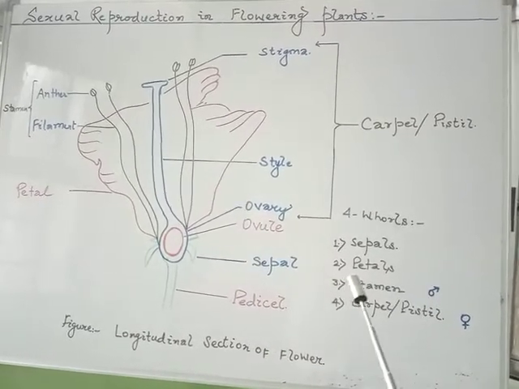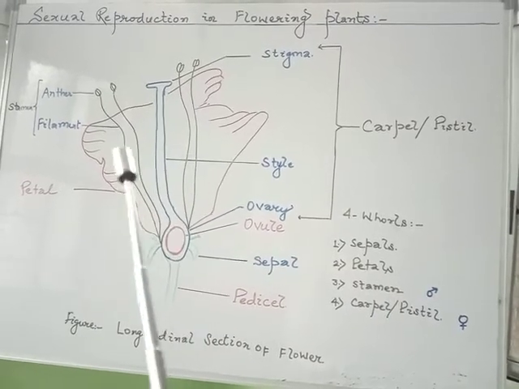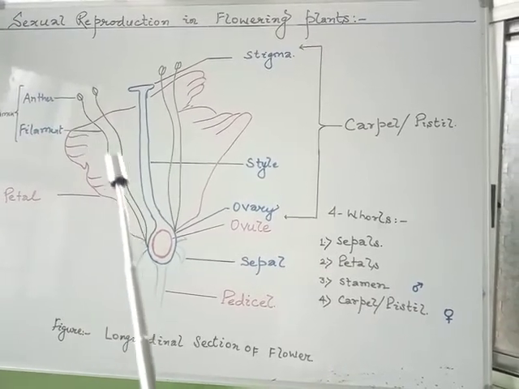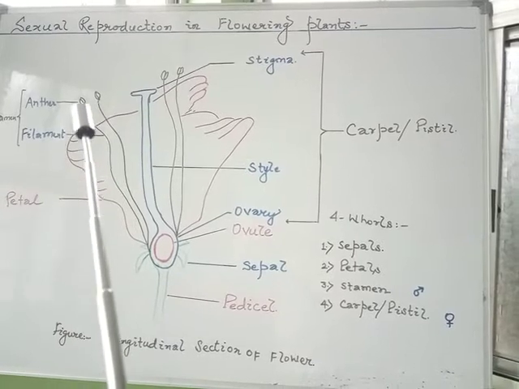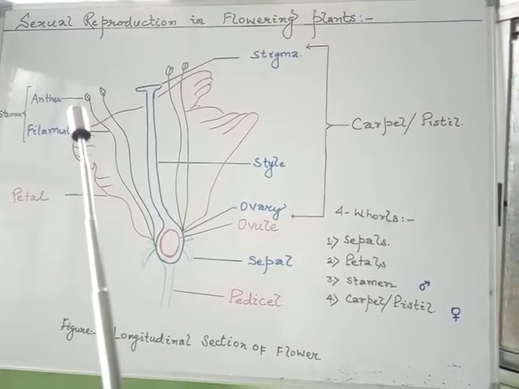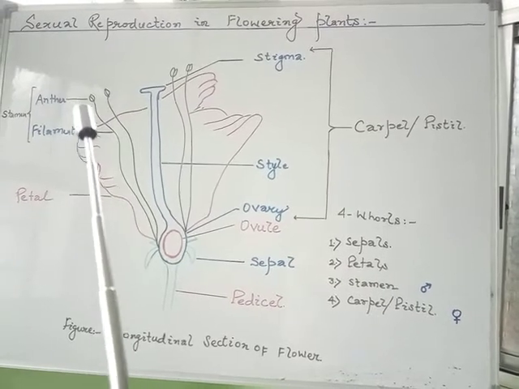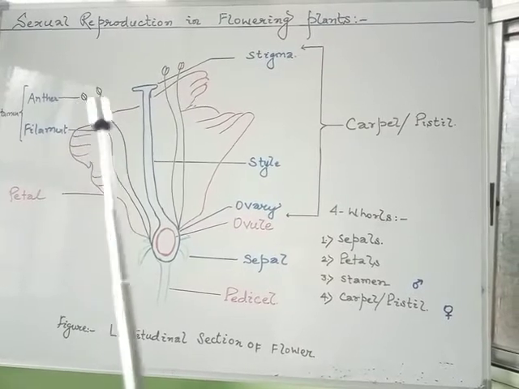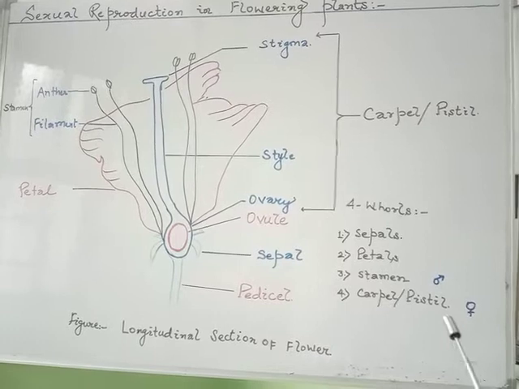Whereas the stamen is the male part of the flower, having a long filamentous structure called the filament, and a bilobed structure called the anther, within which the male gametes, the pollen, are produced. Whereas the carpel or pistil is the female part of the flower,